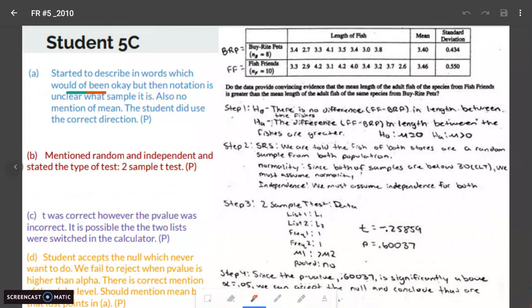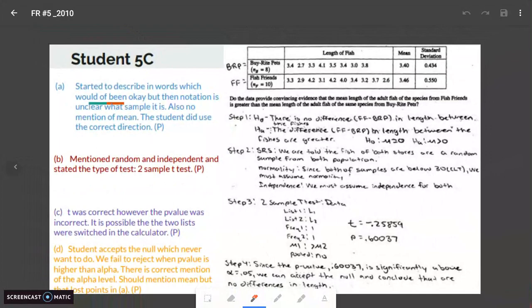Finally, we have this third student. Now, they have a lot of mistakes along the